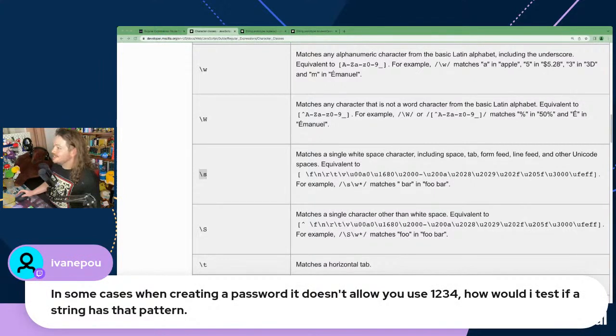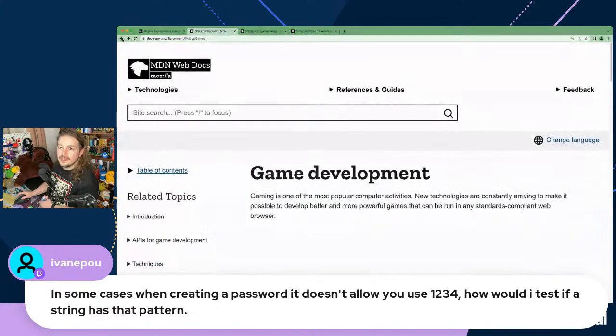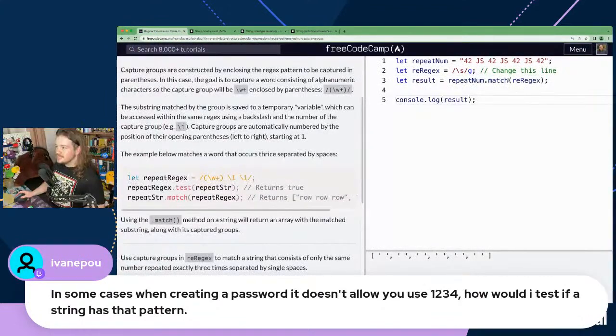Here's a question. I don't know how to pronounce his username, and I apologize. In some cases, when creating a password, it doesn't allow you to use 1234. How would I test if a string has that pattern? Good question. Let me go back here. What we can do is test any character, and then with the curly braces, define what the minimum should be. We saw this yesterday in the Q&A, and I believe this is covered in the homework as well. So if we do 8,